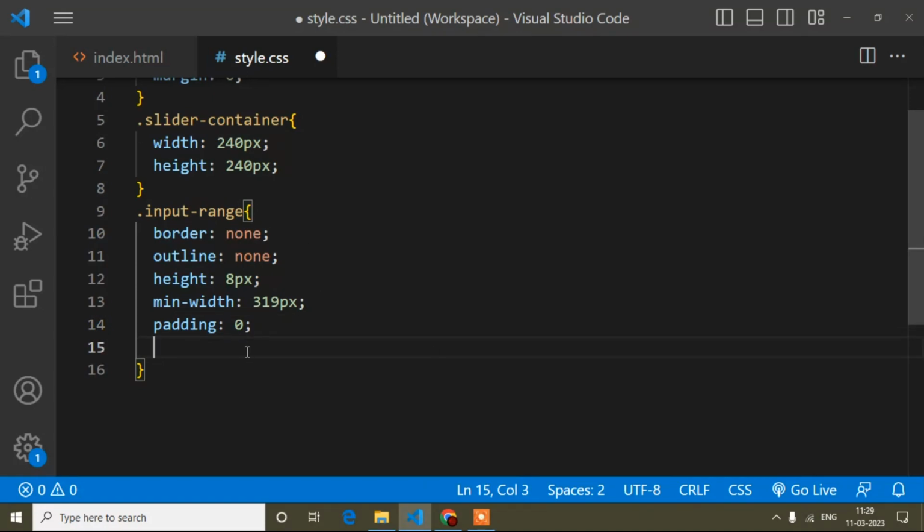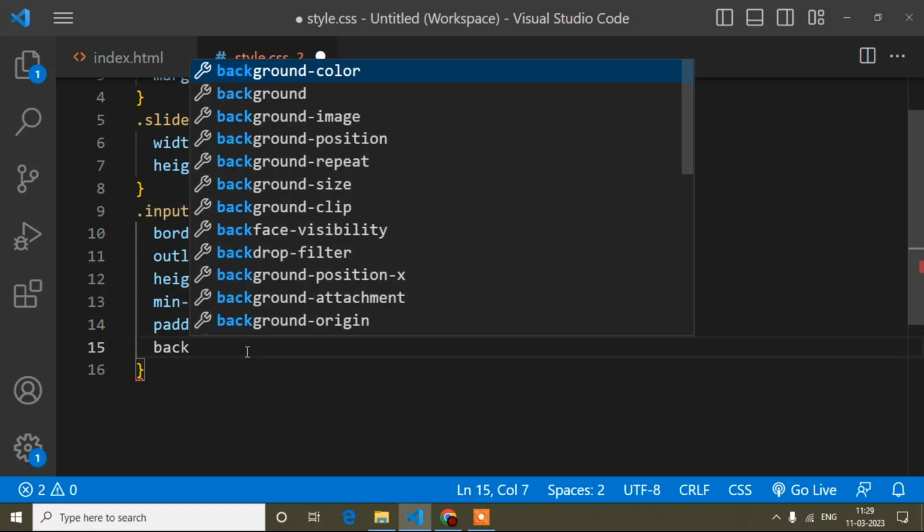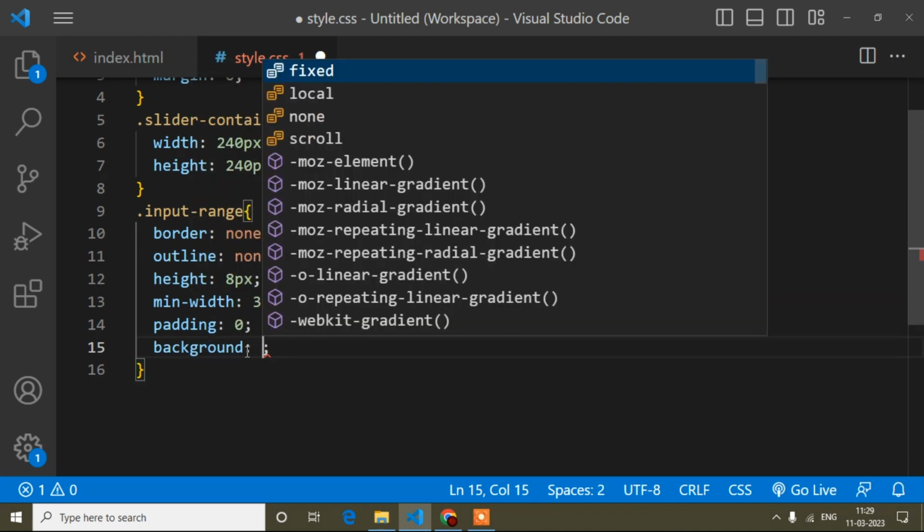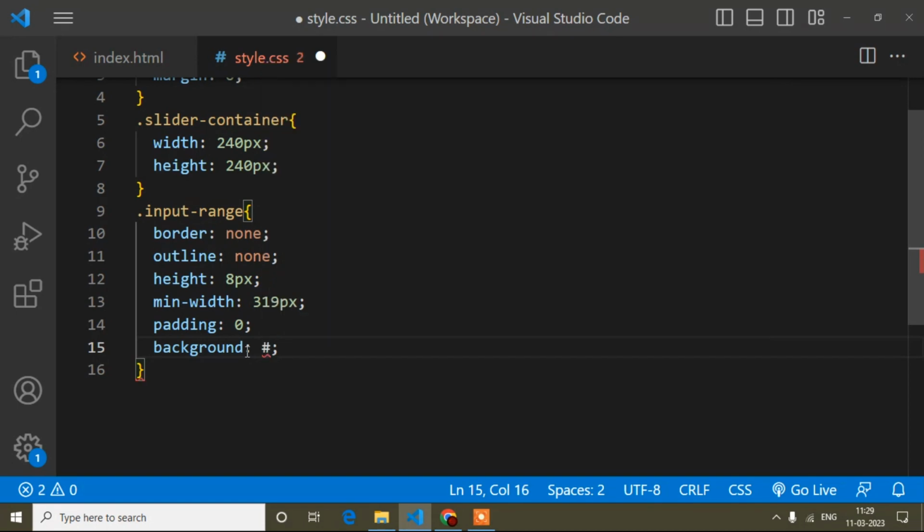After padding, I will write background color. Here you can use background color or background, both are the same. There is a difference, but most of the time it is the same. When you use gradient color, that time you can understand the difference, but now you can use anything. So here I will set the color, that is 4040.